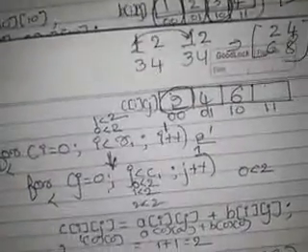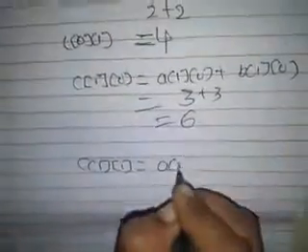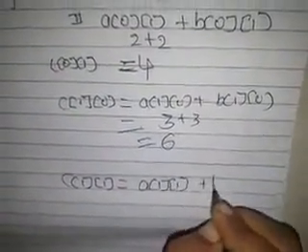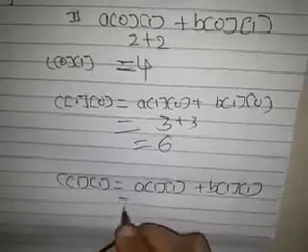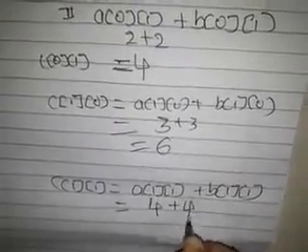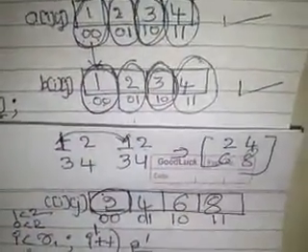J value is incremented, it will become 1. So what will it be? C of 1, 1 is equal to A of 1, 1 plus B of 1, 1. So what is there in A of 1, 1 with respect to our example? 4. What is B of 1, 1? It is 4. That is equal to 8. So 8 is stored here. Successfully I have stored all the elements of the resultant matrix.